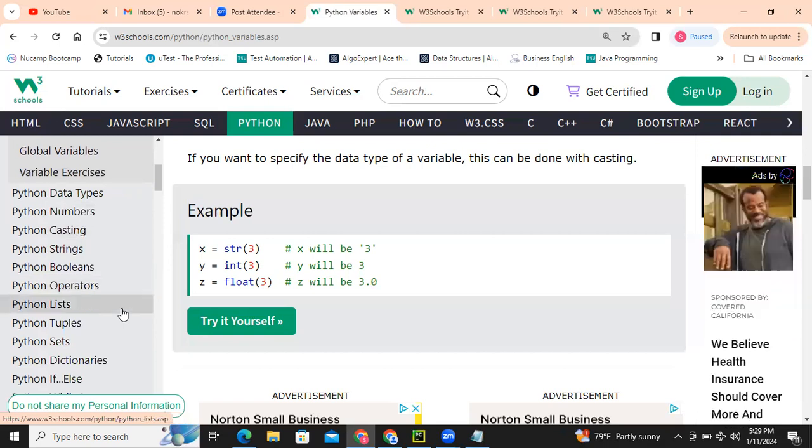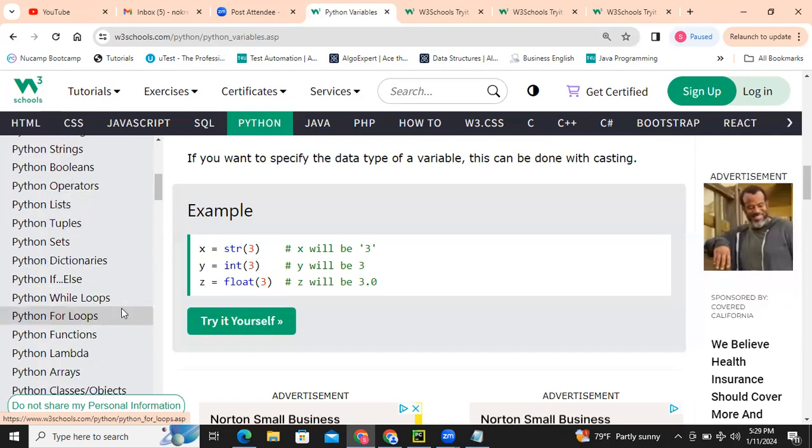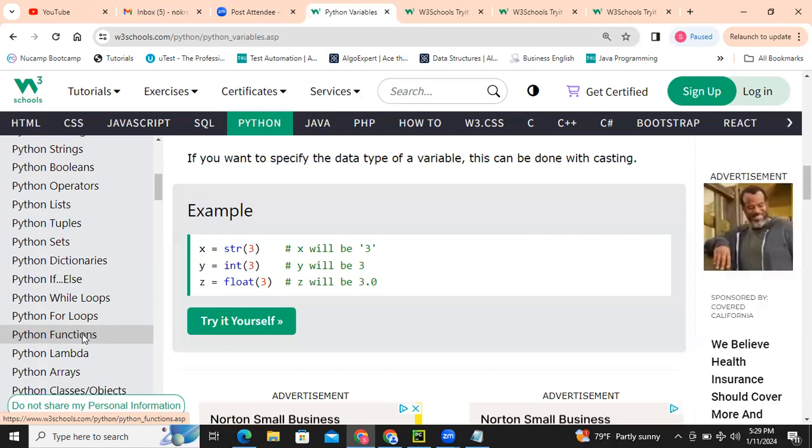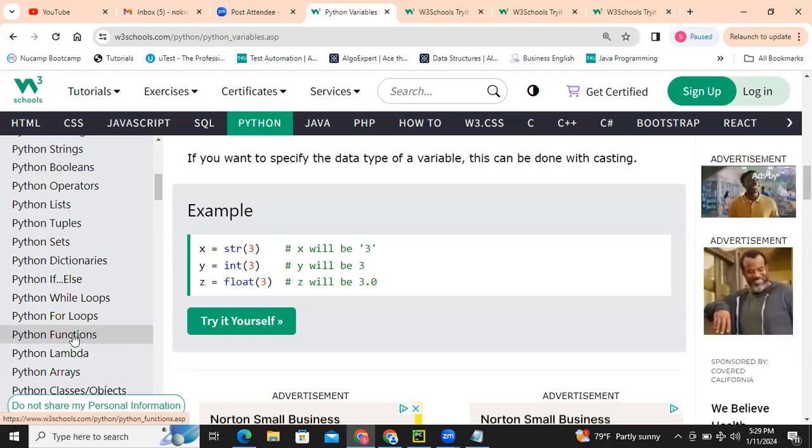But today we are going to discuss a very important concept in any programming language, that is method or function. In other programming languages, we call it method, but in Python, we name it function, okay? Let's see, what are functions?